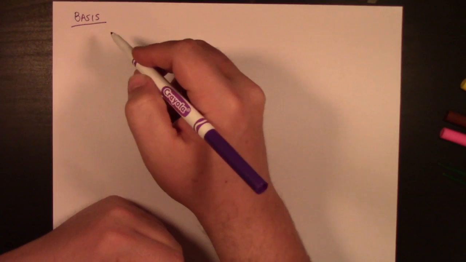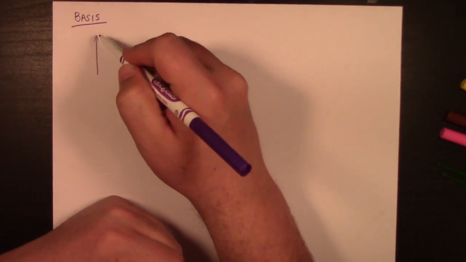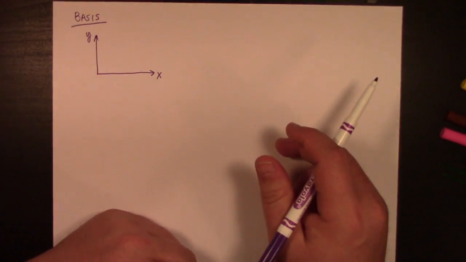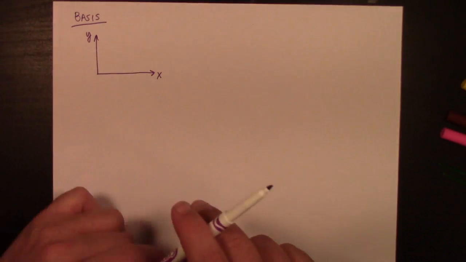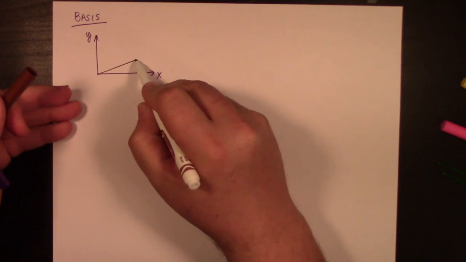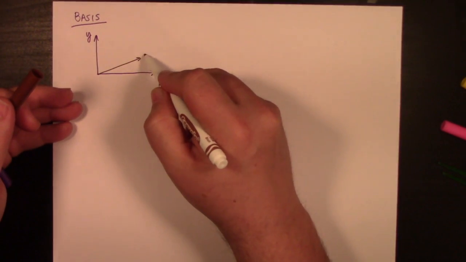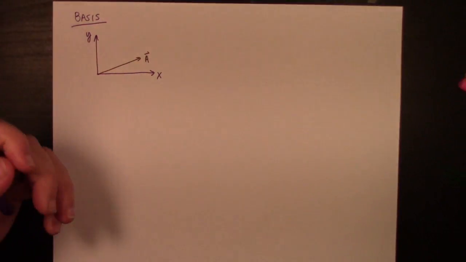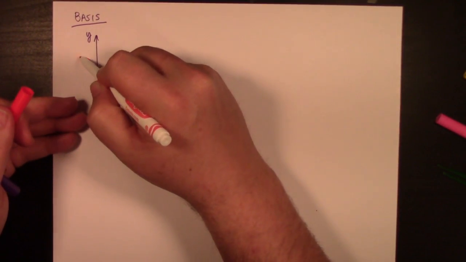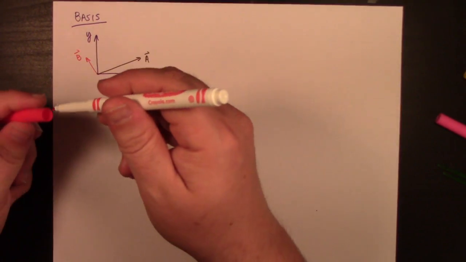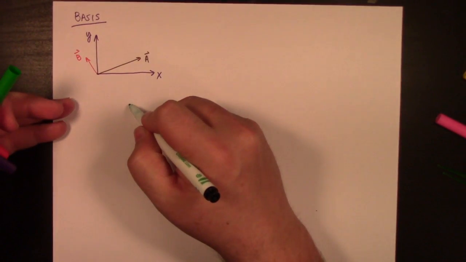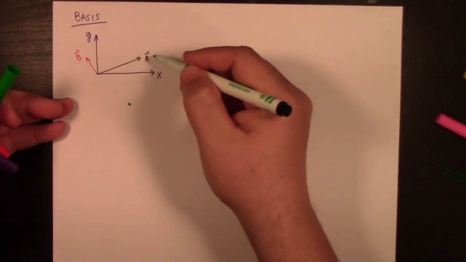So maybe the simplest thing I should do is just go, okay, well, how about just R2? If I have x and if I have y, then a basis for R2 is going to be pretty much anything. If I have two vectors, say this one is vector A, and I have vector B, like this, whatever, they don't have to be perpendicular. Then if you pick any other point in R2, like this one,